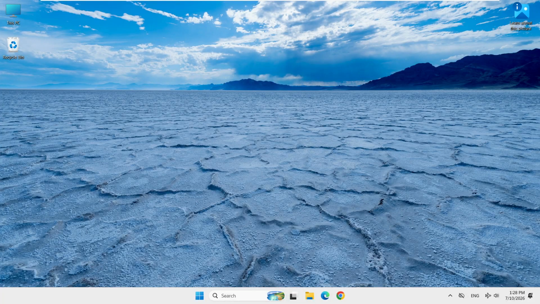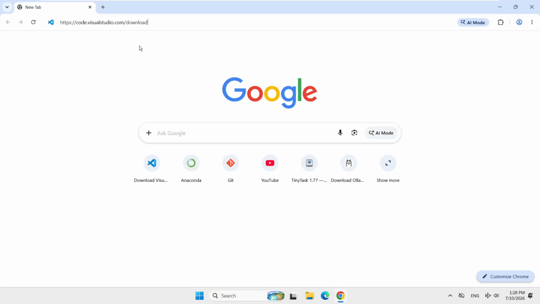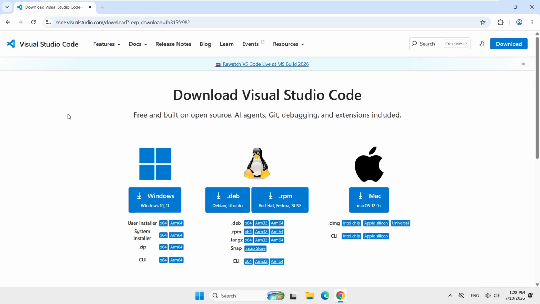In today's video, I'm going to teach you how to install Visual Studio Code on Windows 11. Start by opening your browser and going to the Visual Studio Code download page. If the link is provided in the pinned comment, you can copy it from there and paste it into the browser's address bar. After the page loads, look at the main heading near the top and confirm that it says